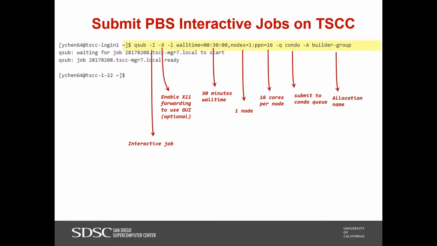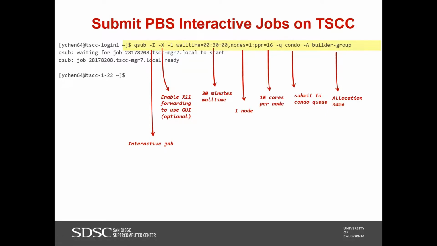Here is my qsub command to submit an interactive job. You remember first, you need to give the qsub command -I. That tells the job scheduler you want an interactive job.